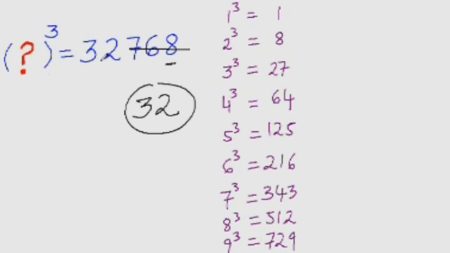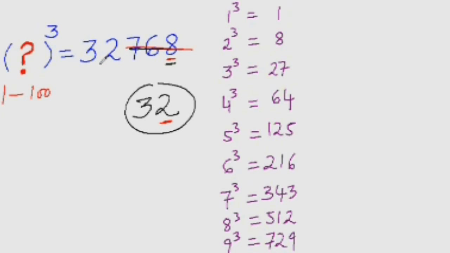To find the cube root of any number whose answer lies anywhere between 1 to 100, all you need to do is see the last digit. If the last digit is 8, then put 2 here and strike out the last 3 digits. Now see the number that is left. All you need to do now is find the number whose cube is nearest to this number.